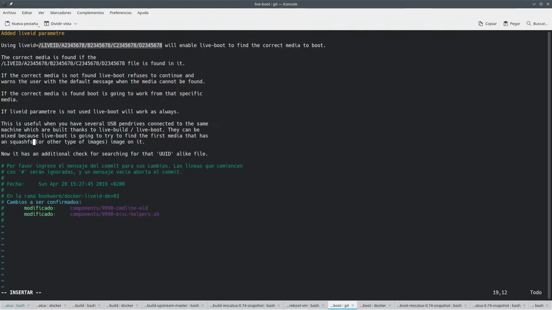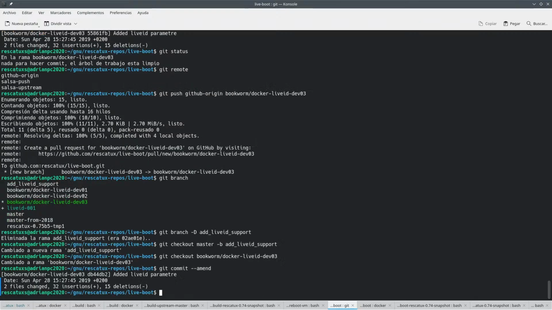Squashfs image on it. Yeah, and if it doesn't know where this is found, I mean,